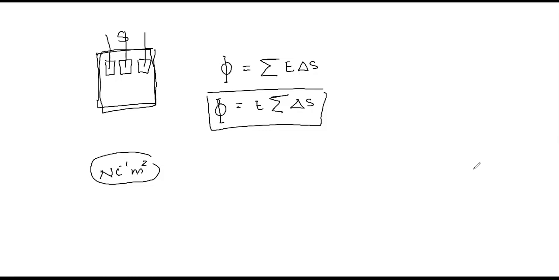The first property is electric field lines always originate from the positive charge and terminate on the negative charge in case of a dipole. In case of a single positive charge, the electric field lines originate from the charge and move towards infinity. Okay, but in case of a single negative charge, the electric field lines originate at infinity and move towards the negative charge.